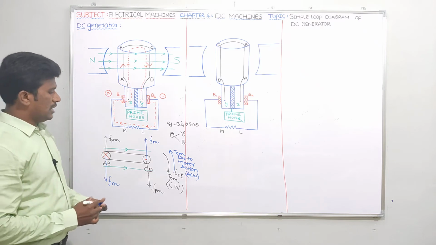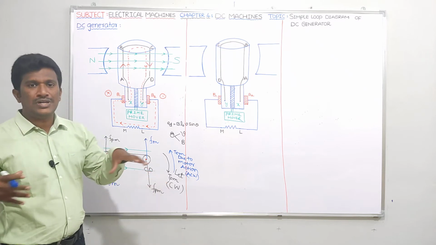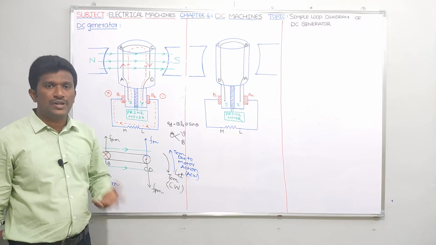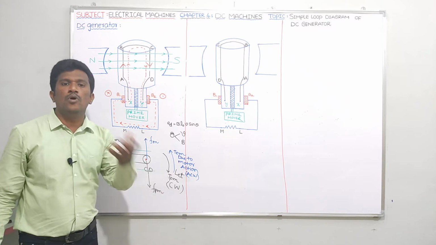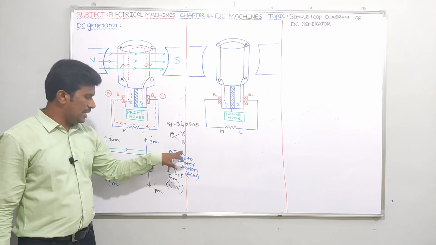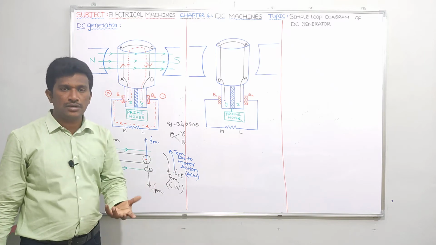Okay, now tell me, guys. In a generator, the input torque means T_PM. In a generator, motor action will take place, and because of motor action we will get electromagnetic torque, T_EM. So among T_PM and T_EM, which should be more for having generator action?